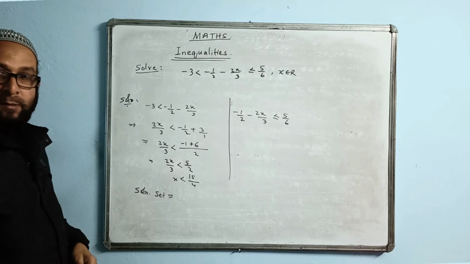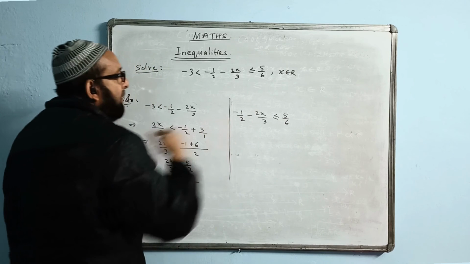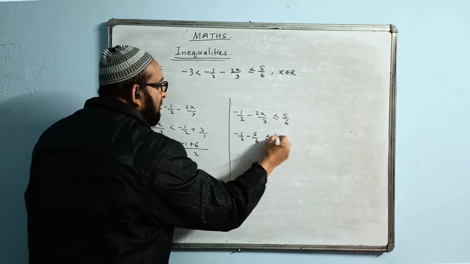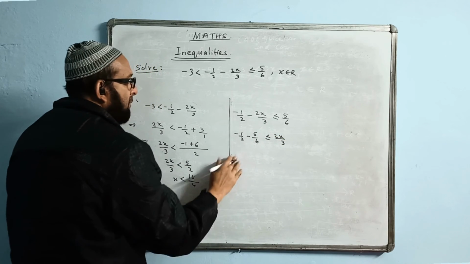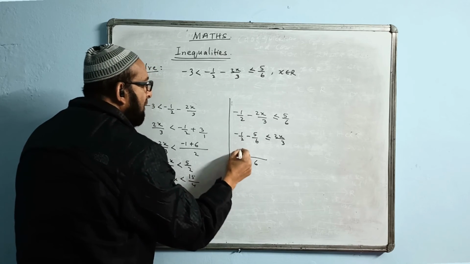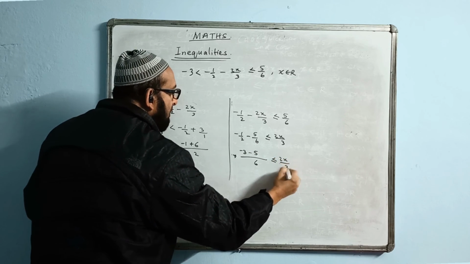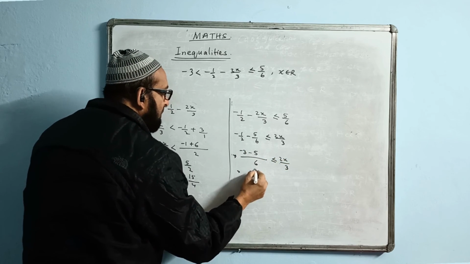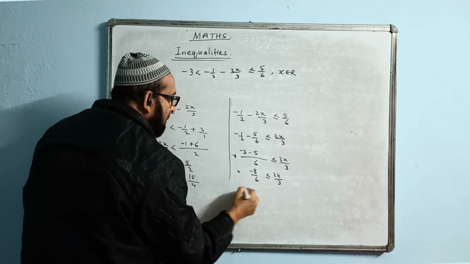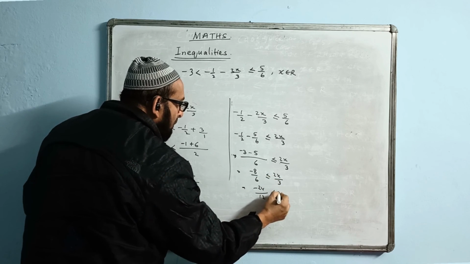The other side, x part is minus, you take it to the other side and the number will be on this side. You can write minus half minus 5 by 6 is equal to 2x by 3. Again I will take LCM. LCM is coming 6 here. 2 3s are 6, so 3 will come here, minus 3. 6 1s are 6, 5 will come here. 2x by 3. Minus 3 minus 5, minus 8 by 6. 2x by 3. I do cross multiply. This will come minus 24. 6 2s are 12.